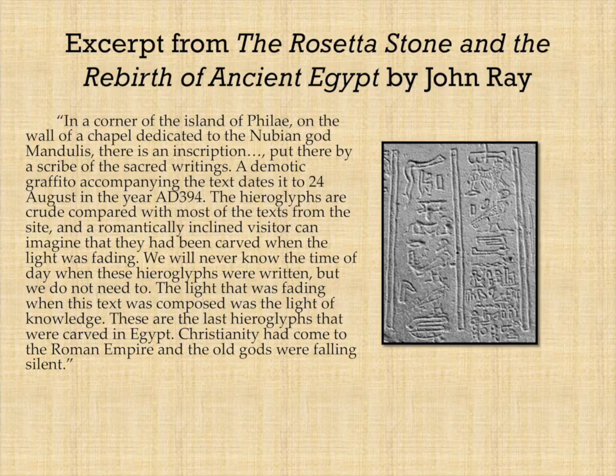We will never know the time of day when these hieroglyphs were written, but we do not need to know. The light that was fading when this text was composed was the light of knowledge. These are the last hieroglyphs that were carved in Egypt. Christianity had come to the Roman Empire, and the old gods were falling silent. And silent they remained for 1,500 years, actually a bit more than that, until one day in the year 1799,